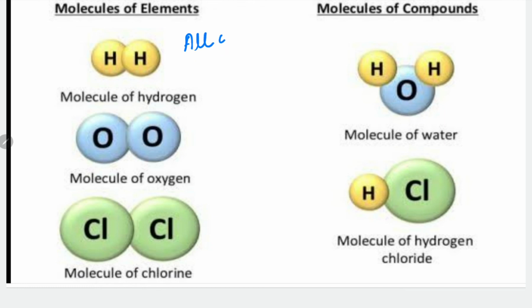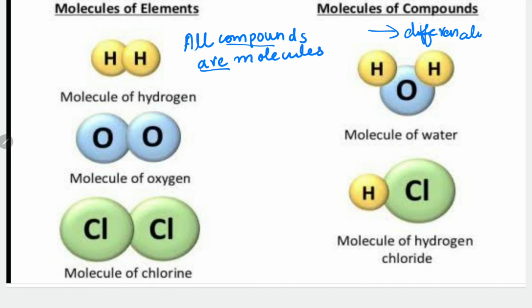What about all compounds? All compounds are molecules. Because if we take H2O or HCl, all compounds are molecules. Why? Compound means two or more different atoms joined together, chemically bonded. So all compounds are molecules, but